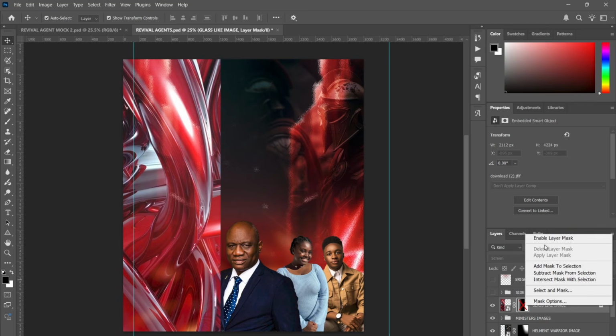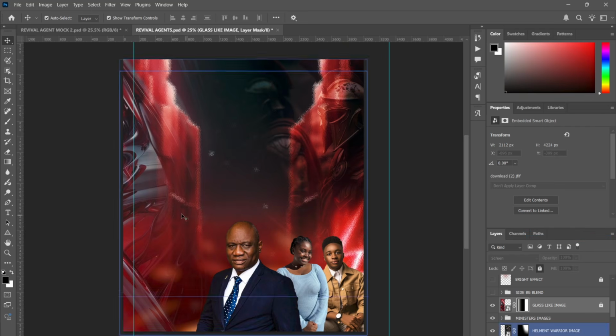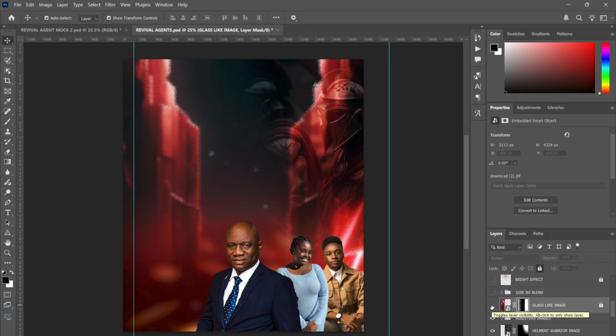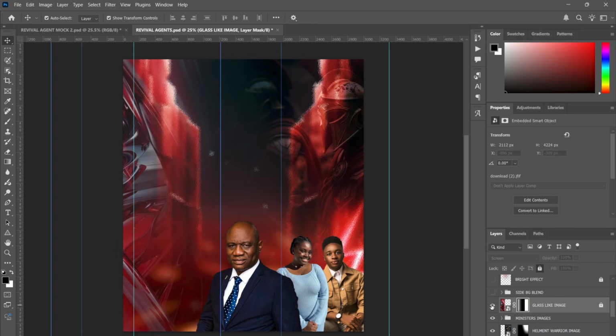All right, so let me enable the layer mask. So you see, it blends well with the background. So that place looks like there's a feel. Now I could decide to do the design without adding that to it, but like I said, this element gave more beauty to this design. All right, it gave more beauty to this design, so I added that. All right, now side